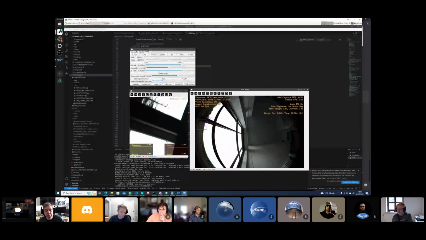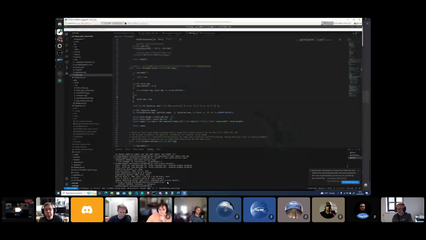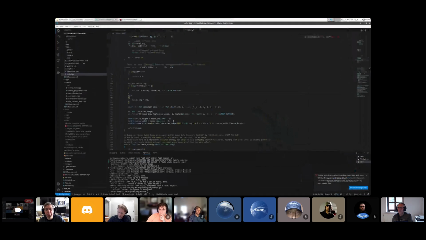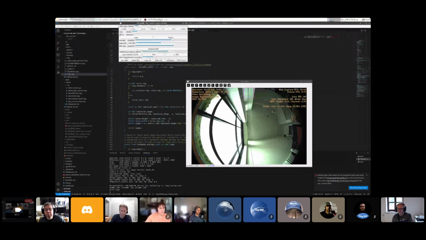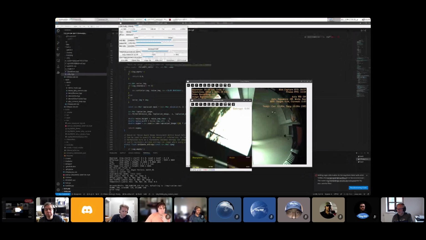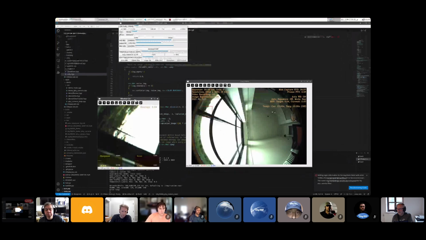The only other thing that's been done this week was auto white balance. But first, I'll quit the app and start it again, and then you can see it in action. Okay, I'll trigger auto exposure.